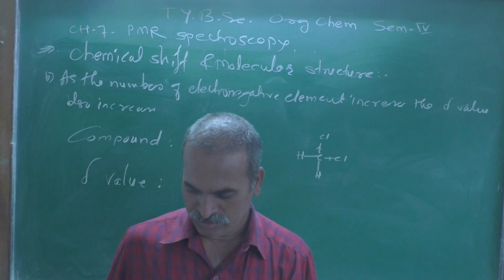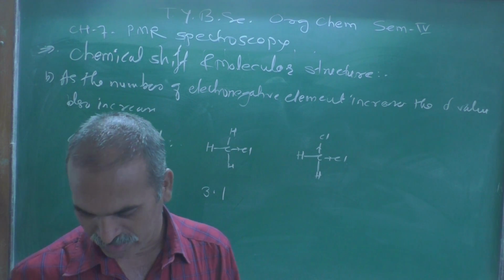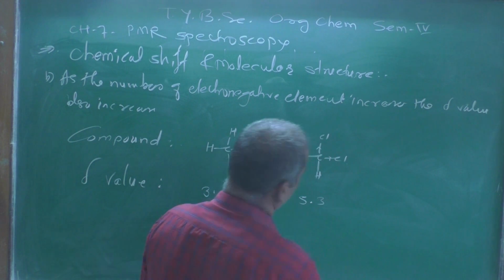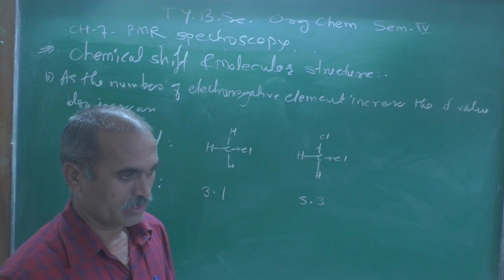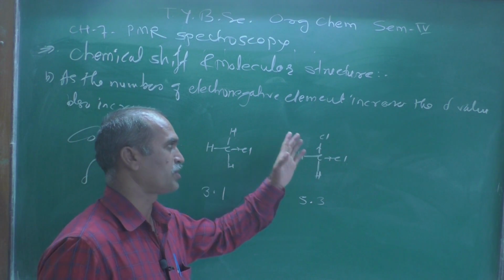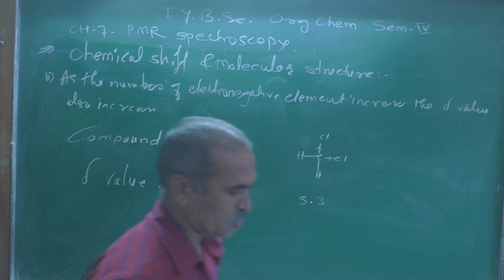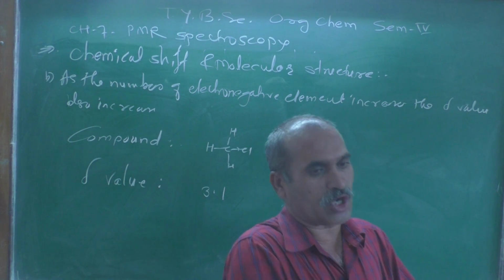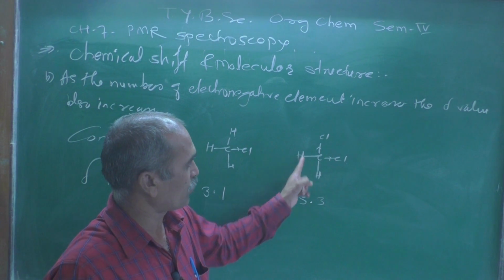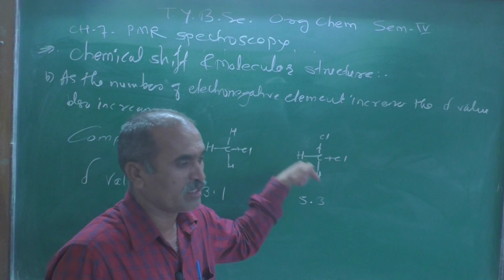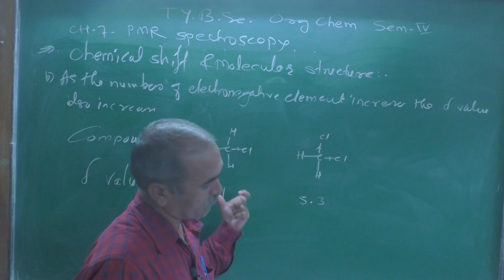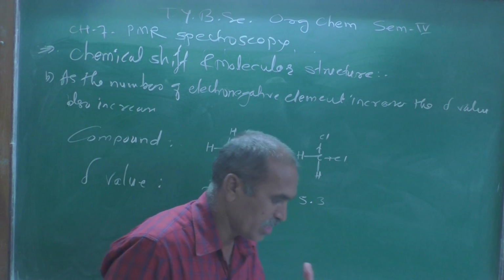Definitely the value is found to be greater and it appears around 5.3. See the change of chemical shift value, because these strong electron withdrawing groups withdraw the electron density from the carbon atom. Ultimately this proton becomes more de-shielded as compared to this one,